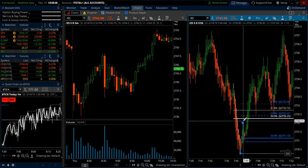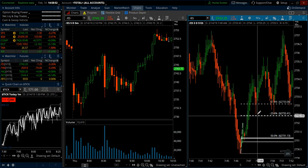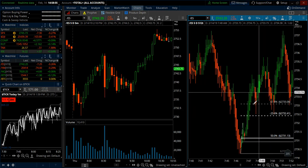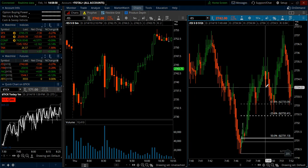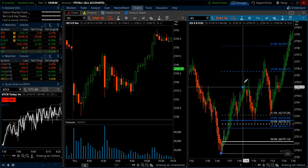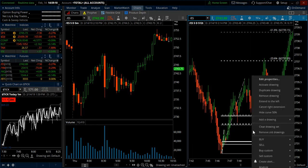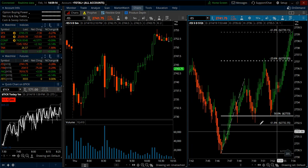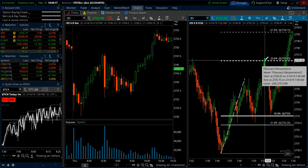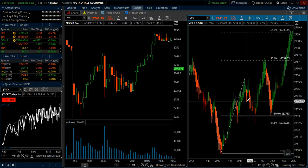So I just took the very first long here at 31.50s, and then I trailed my stop underneath this swing low, and then when we got the double top, I put it underneath this swing low. We got a little bit whipsawy up here. Drawing the full retracement, it would have probably been a little bit better to stay in the trade, but even then, it rallied all the way to the negative 23, then sold off all the way, retesting the 50, and then rallied again. So I ended up getting taken out for basically the rest of the position down here at 33.75s. But